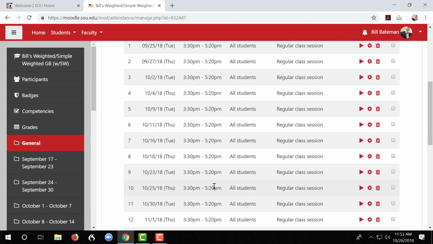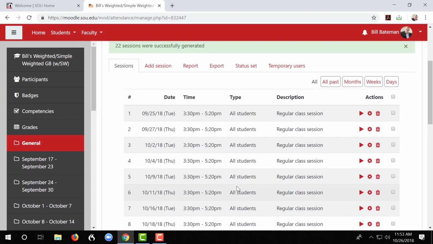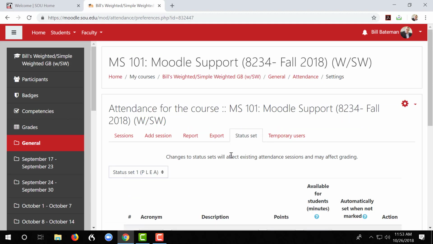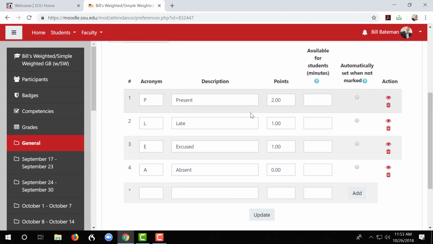Your next task, choose Status from the top row of tabs. Here is where we're going to link the symbols to the actual points you're giving. Now, by default, everybody gets 2 points. Depending on the total points you're making available, make that adjustment here. You may also customize the acronyms if you don't like the current ones.